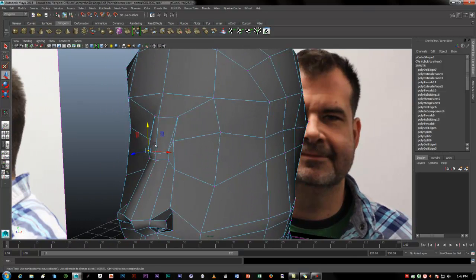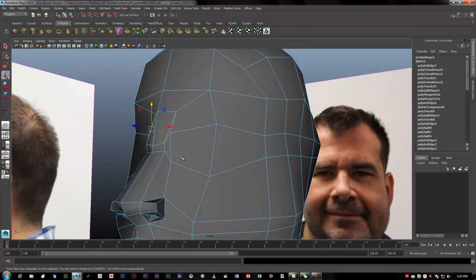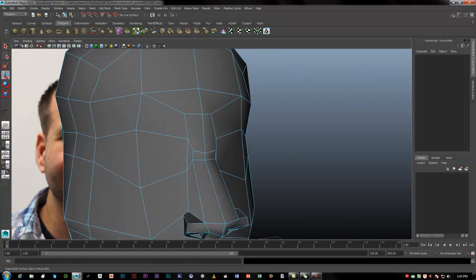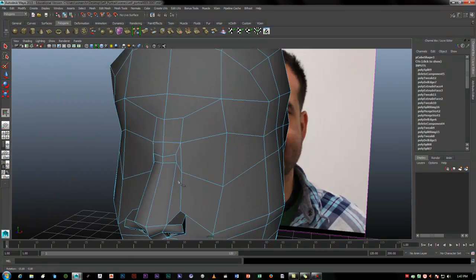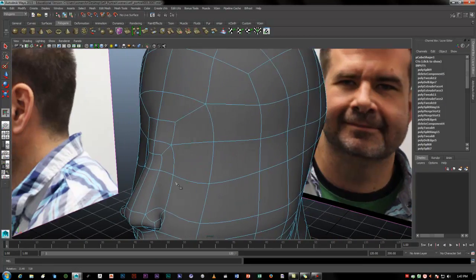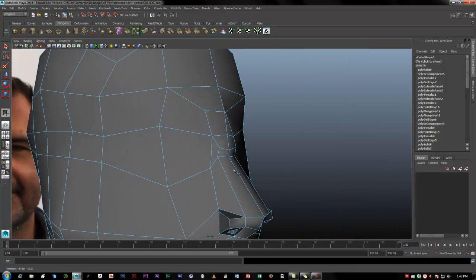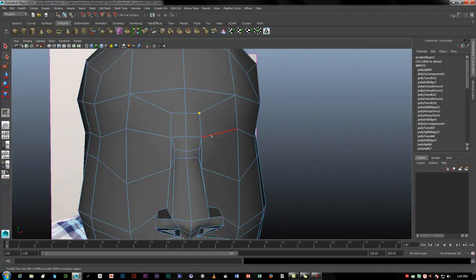And I just need to do something with my topology, or that is how my edge flow is working. So I'm going to delete those edges, and I'm just going to do a multi-cut across the face here. This does bring everything back into quads, and I can see how that's working in my soft preview by hitting the 3 key. Things are still a little bit wonky here. This vertice,